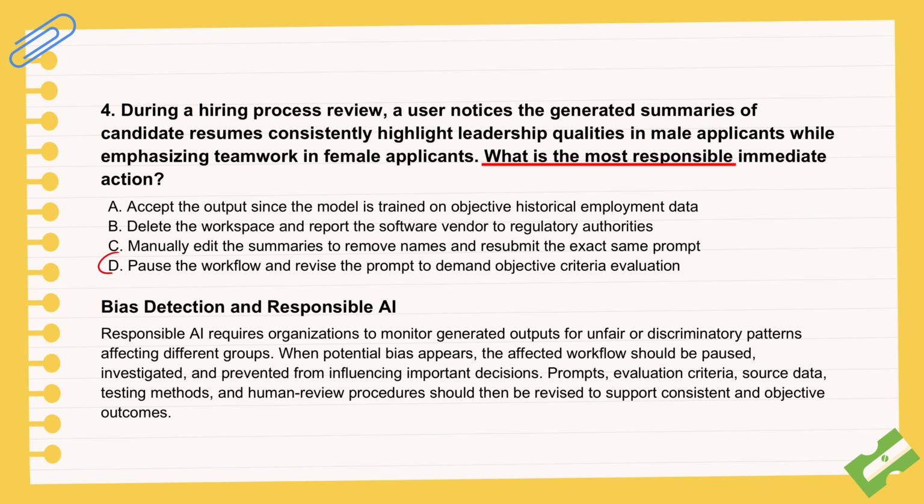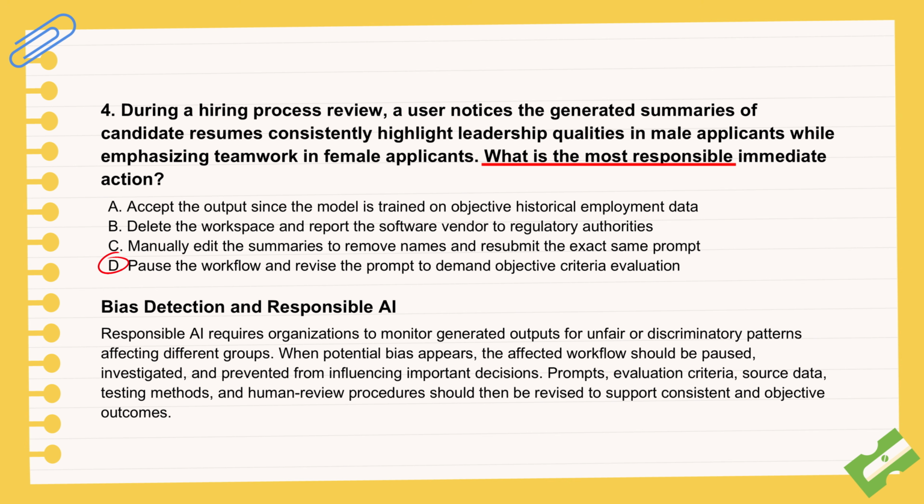It is reflecting historical data, absolutely. But historical data is a mirror of past practices, not an objective truth. And this is the absolute core of bias detection and responsible AI. If human hiring managers systematically use different adjectives for men and women over decades, the statistical model is going to map those exact correlations. If you let that run on an automated assembly line, you're taking historical biases and scaling